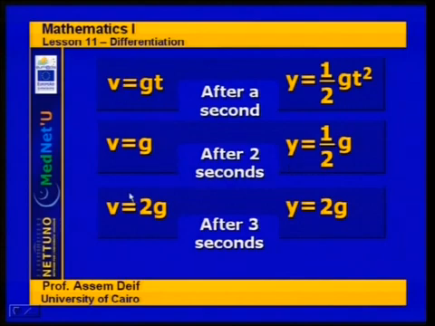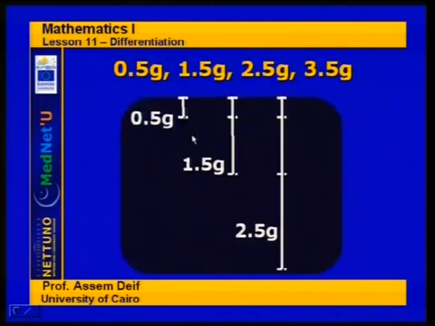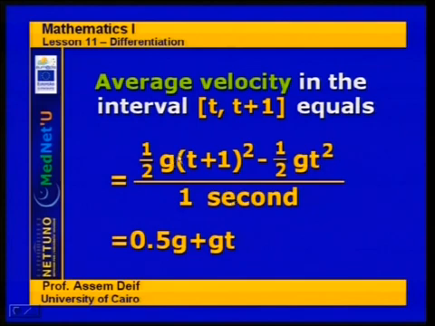It is linear with respect to the velocity, but is not linear with respect to the distance. If you wish to calculate, for example, here it is. The first distance is half j, the second is 1.5j, and the third distance is 2.5j. You see, the distance increases at a faster rate, whereas the velocity increases at a linear rate. So now, if you want to calculate the average velocity in the interval from t to t plus 1,